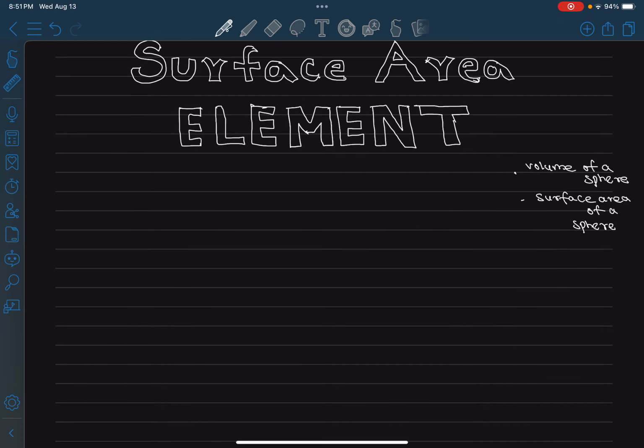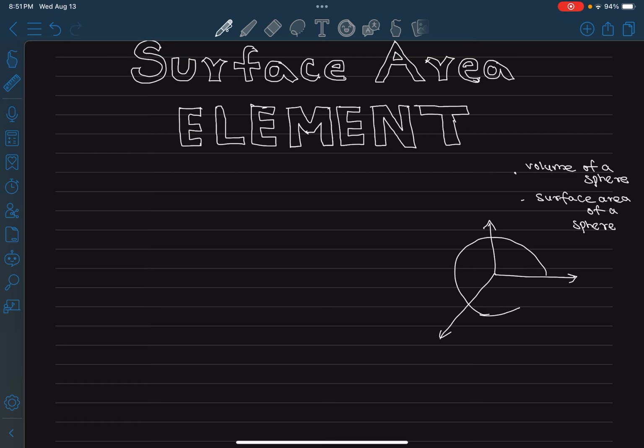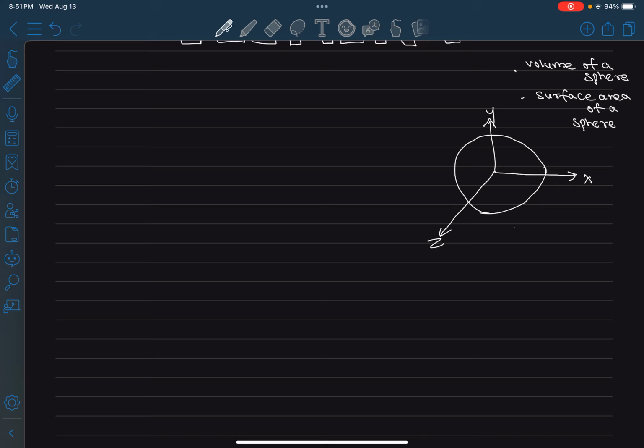Okay, so let's say you have a sphere, right? And you need to know about the spherical coordinate system first. So if you have any sphere, so this is x, y, z. In the spherical coordinate system, you can parameterize this by rho, which is basically the distance from the origin, and then the angle theta, which is the angle from the x-axis, right? So if the projection of this line on the